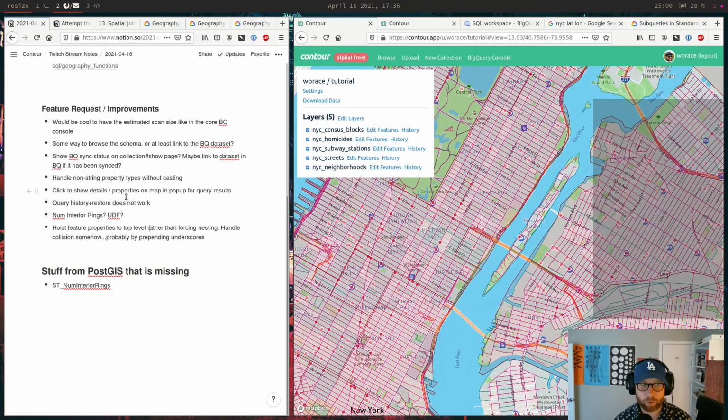The spatial functions are not quite as robust and as extensive as PostGIS, unsurprisingly. Obviously they're missing certain things. And then I have some things I could do here to just make the UX a little bit better. Mostly, I think the biggest one after working with these more is the properties thing. If I smush those properties somewhere, that'll make a big difference.